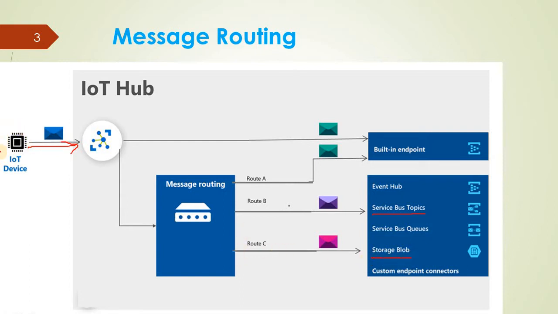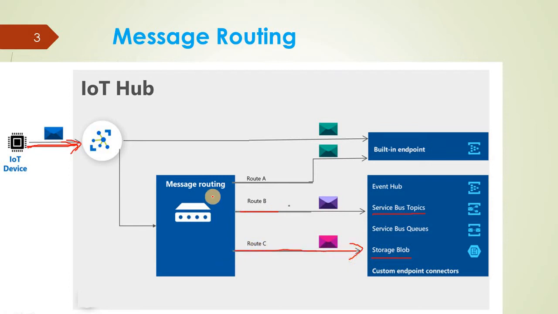Suppose that we have installed a new device at a customer location. That device needs to be registered with the IoT hub. This device will send one registration notification to the IoT hub, and I need to register it with the IoT hub. There can be a registration type of activity that will register that device, and for that also we have some routing. That routing will redirect the message to a different endpoint. Suppose it is redirected to blob.